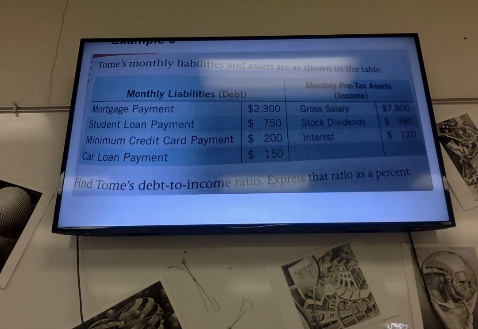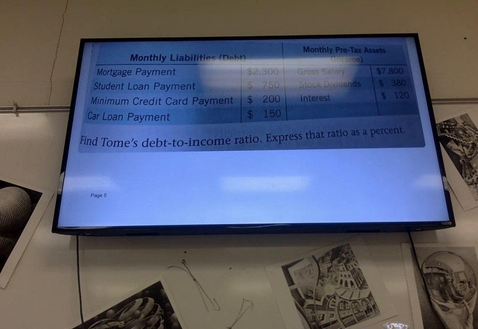Okay, Tome's monthly liabilities and assets are here. And we want to find what's called his debt to income ratio. And we're going to express that ratio as a percent. Again, you don't have to write all this down because we're going to use it. But what I write down, you need to write down. So what we do